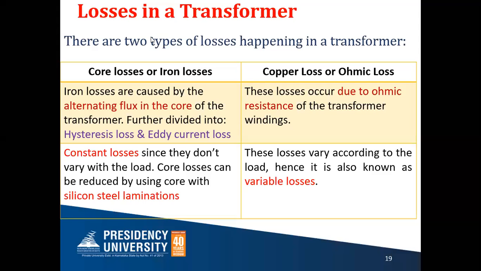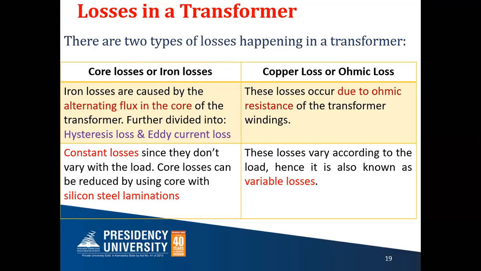First, the power losses in a transformer we can classify into two: the core loss and the copper loss. As the name implies, core loss means the losses occurring in the core. Why is it called iron loss? In olden days, the material we used for the core was iron, soft iron or cast iron. So we also call it iron loss. The name is either core loss or iron loss.